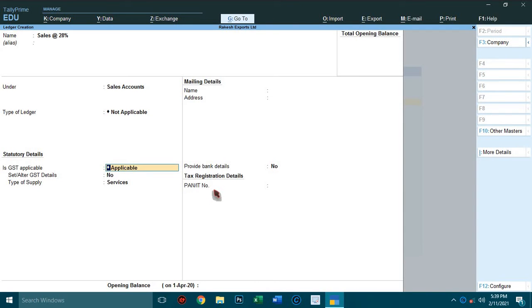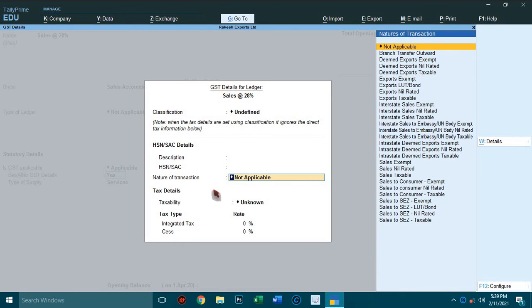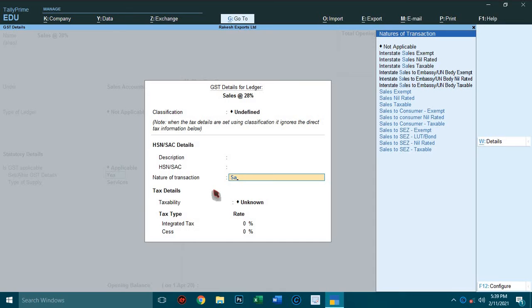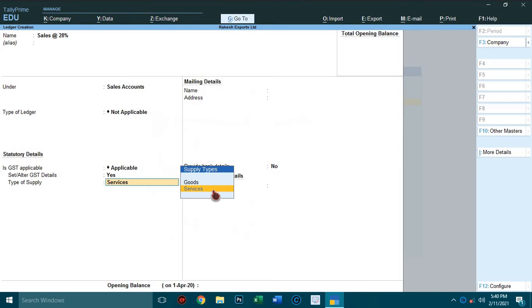Is GST applicable? Yes. Set alter GST details to yes. Nature of transaction, sales taxable. Integrated tax 28%, type of supply goods, accept.